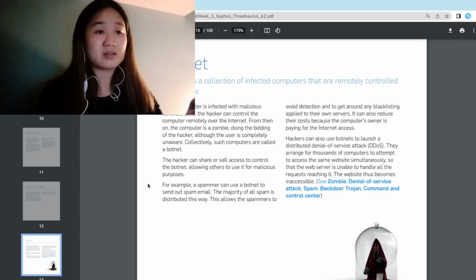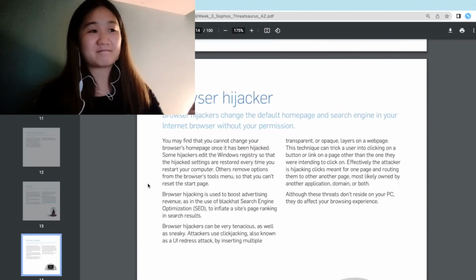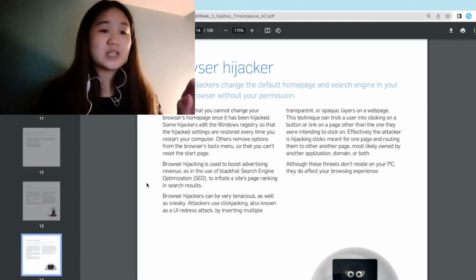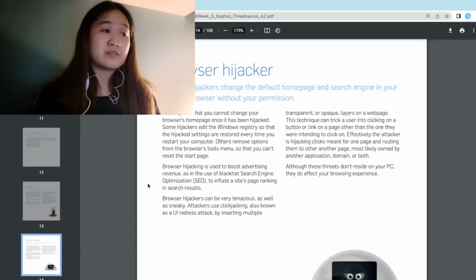Okay, so these are the words in the Threatsaurus. Browser hijacker. This is loads. I need to spend a lot of time reading through this, really.